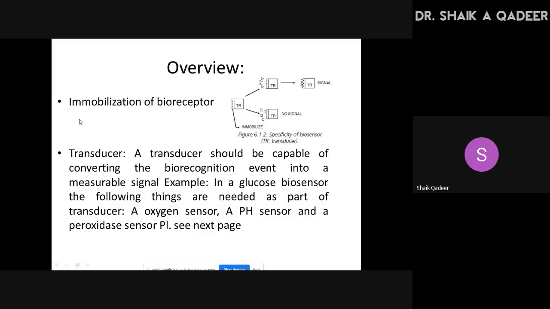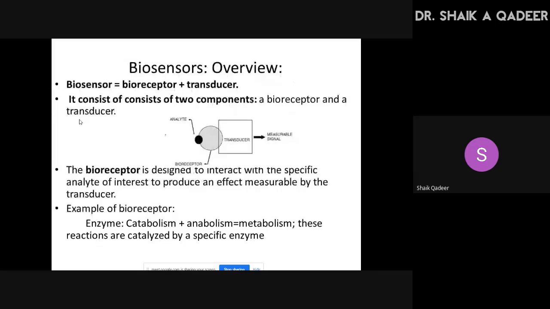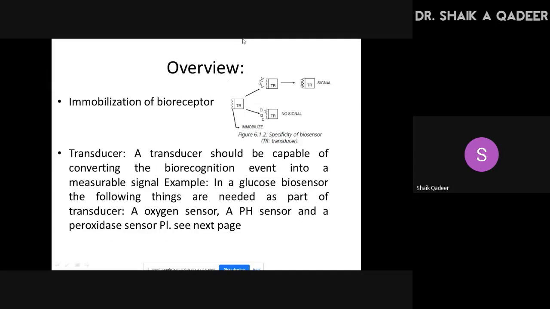I just want to give you a few points about this, because a short answer question is expected on this topic. Draw the block diagram of a biosensor; in that case, you need to draw this block diagram. A short answer question is also expected: define bioreceptor with an example. What is the role of the transducer in a biosensor? Similarly, a question is expected like this: why is immobilization an important factor in a biosensor, in particular in the bioreceptor?